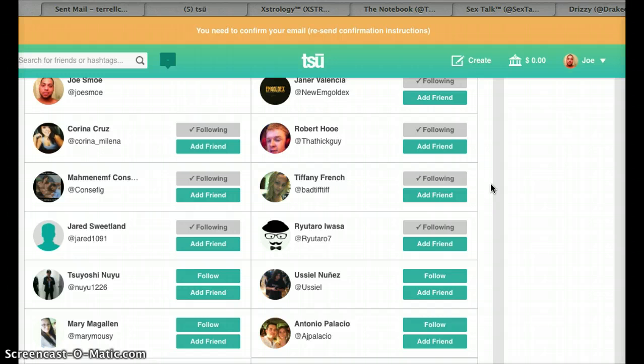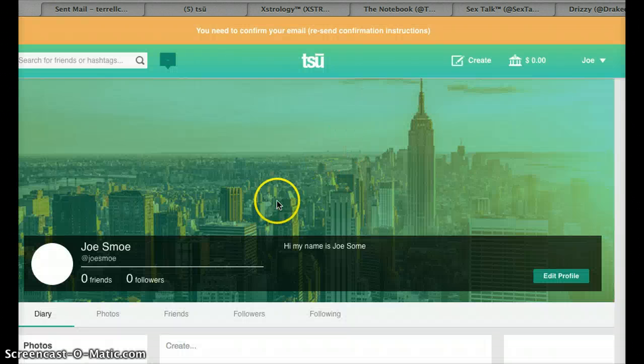Now, once they follow you back, this is helpful because now you have people part of your network on here. Well, not necessarily part of your network, but part of your following, and now they'll be able to see the content that you're posting. So once you've done that, follow a few people, go back to your profile, and